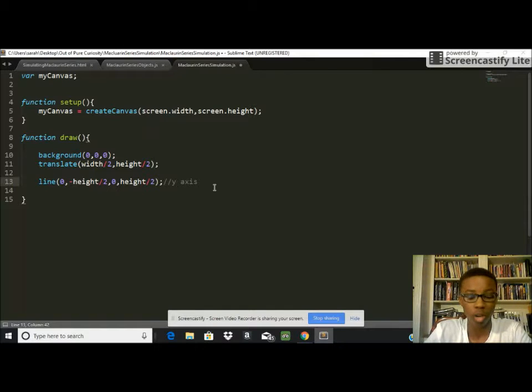When you're on the y-axis, x is always 0. And then we're going to do negative width divided by 2, comma 0, comma width divided by 2, comma 0. And we know that this is the x-axis because the y values for this function, remember that this is x1, y1, x2, y2, are